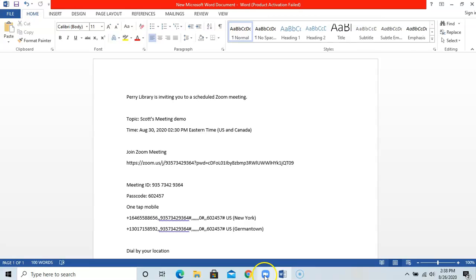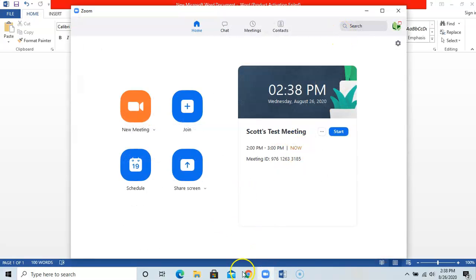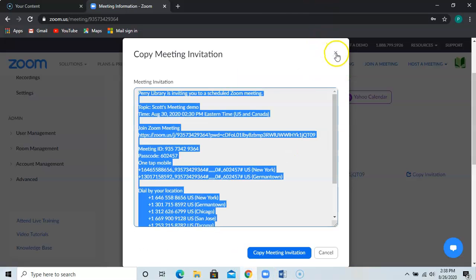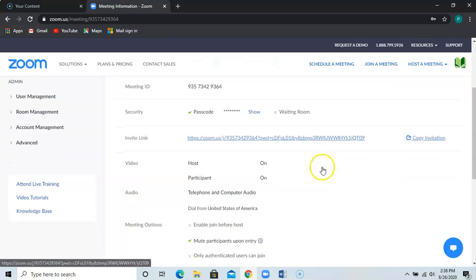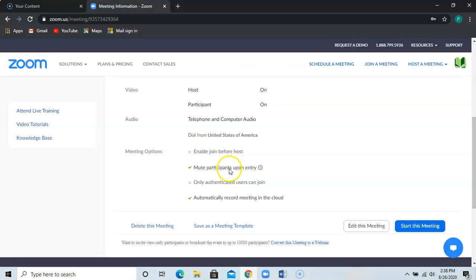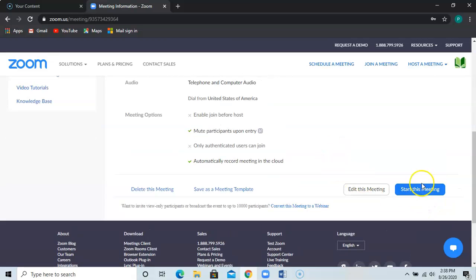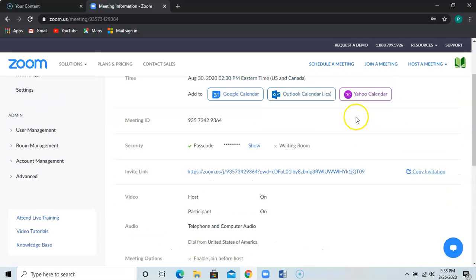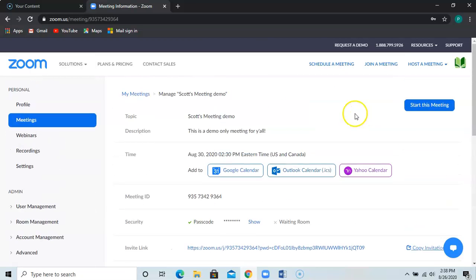So let me go back out to meeting again. Whoop, wrong one. This one. And we'll just X out of that. And this, again, just verifies all the information that we just put in there. We're muting participants upon entry. It's going to be automatically recorded and so forth. I can start this meeting if I want to. Now, let's say that you have an account and you have on your